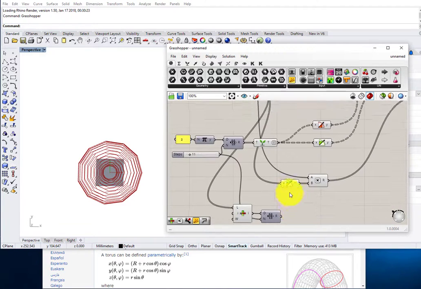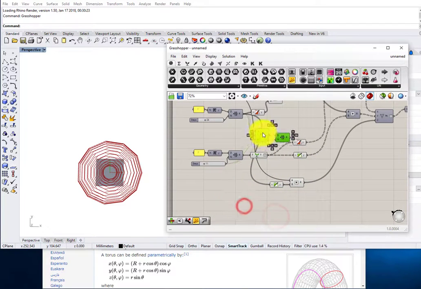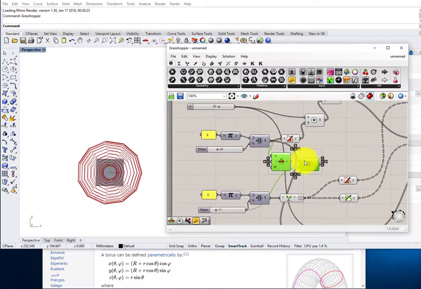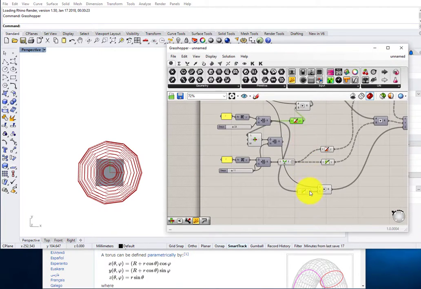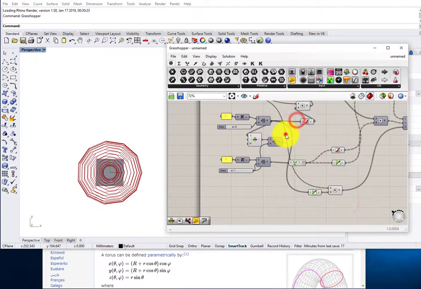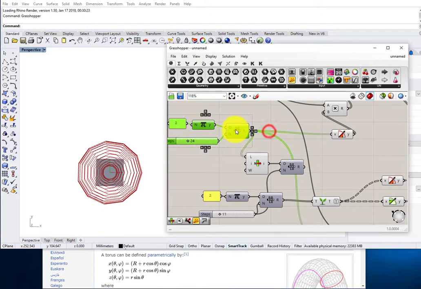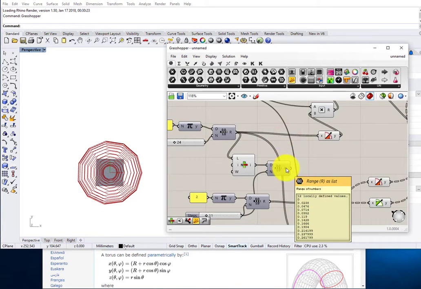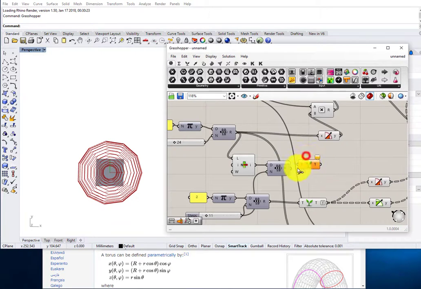And what I need to do simply is to modify the angle that I'm using for cosine and sine here by, I'm gonna graph this first,